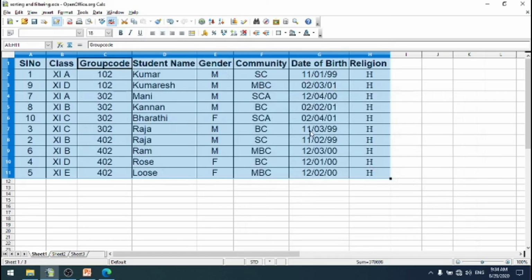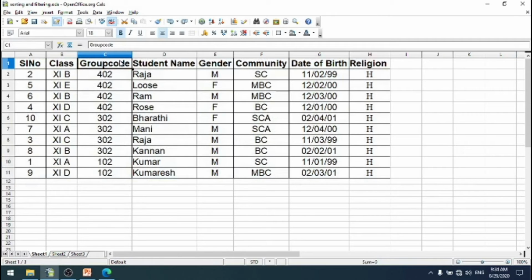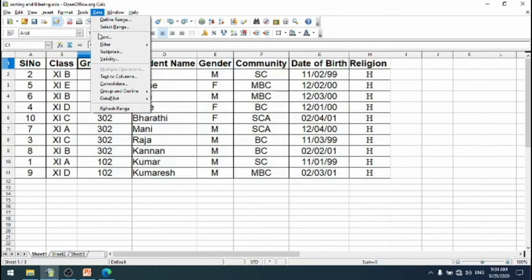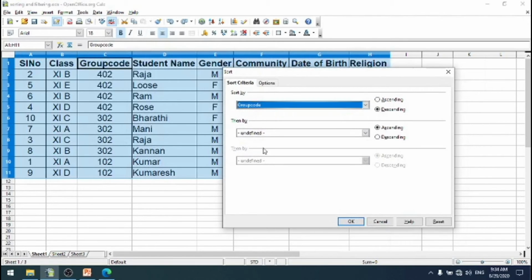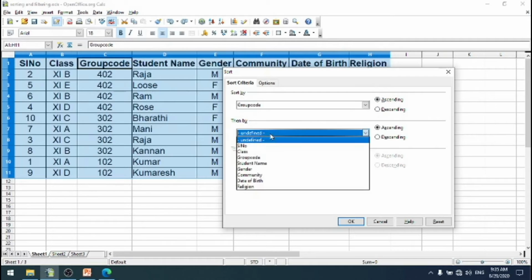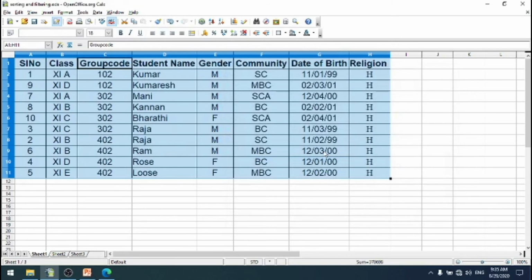Multiple columns are arranged. Once again, let me tell you. Look at this. First, you have to select any one of the column headings. Then go to Data, then select Sort. Here the Sort dialog box appears. Here you should specify a minimum of 3 column headings, that is field names. Actually group code by default comes in descending order; you can make it ascending. Then you select one more column heading, class. Then you select student name or any column heading from the drop-down list box, and then you click OK. Now we have done multi-sorting. I think you understood.